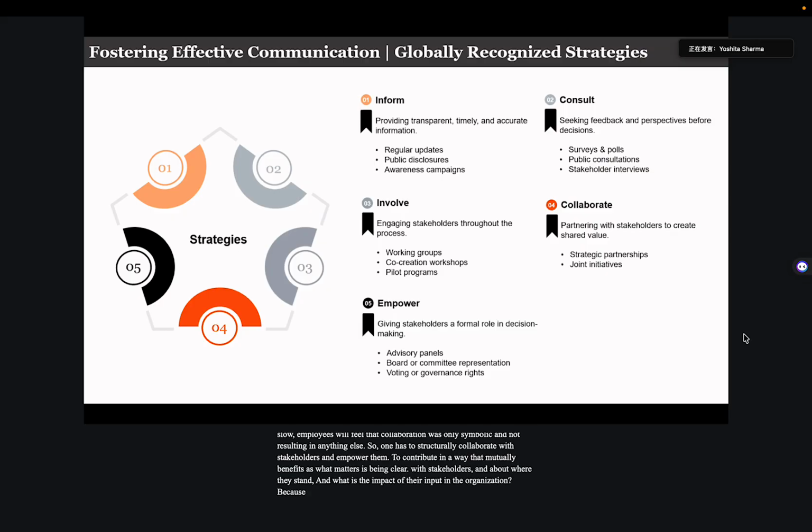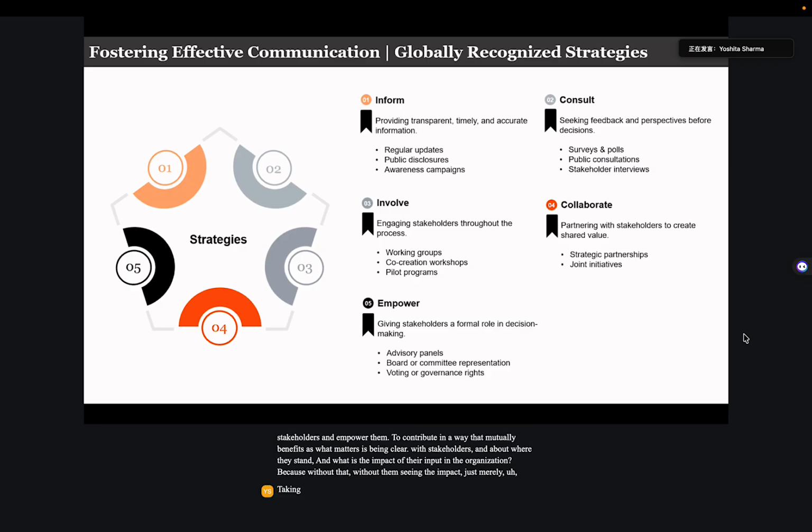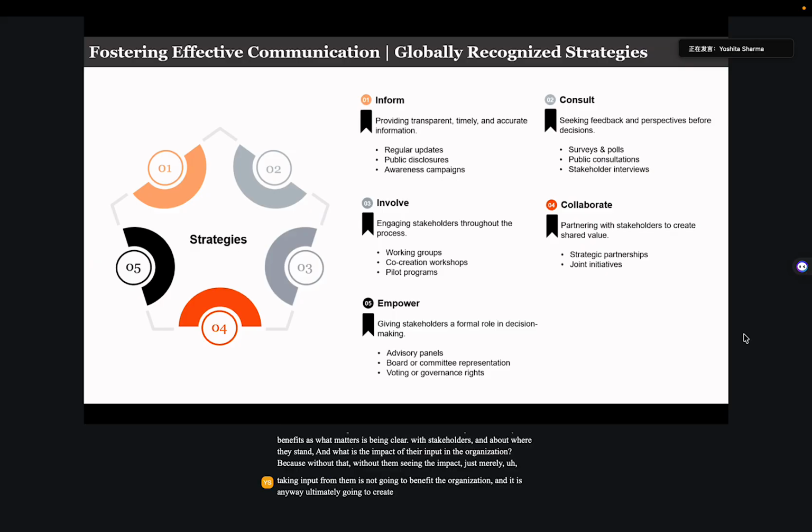Because without them seeing the impact, merely taking inputs from them is not going to benefit the organization, and it is anyway ultimately going to create frustration in the stakeholders as well. Which brings us to